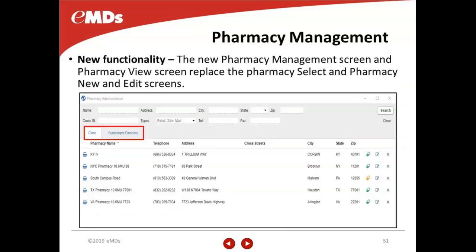Pharmacy management is really one of the things that makes me excited anyway. The pharmacy window that we all know and love right now is going to be gone. It's going to be replaced with this window that you're seeing here. You still have search options, and through the maintenance window or through the table window right now where we just get the whole table of pharmacies,